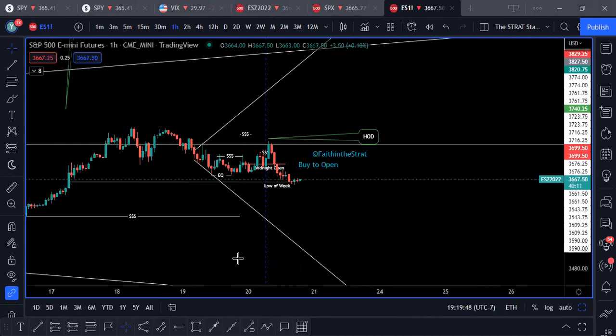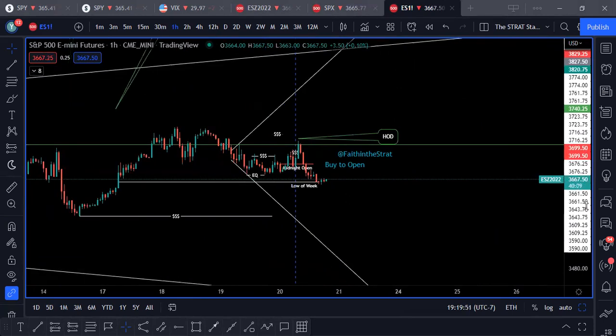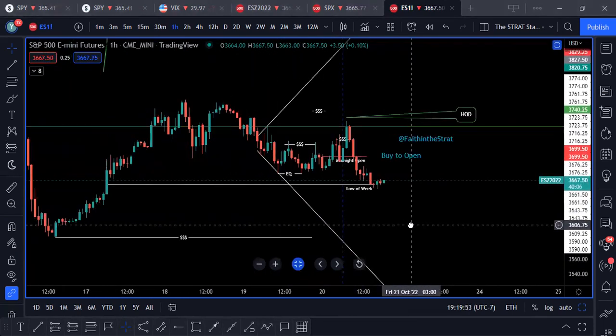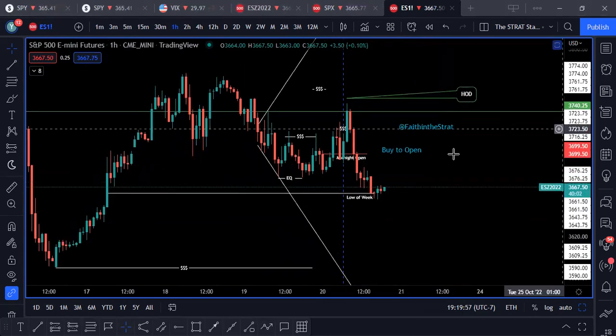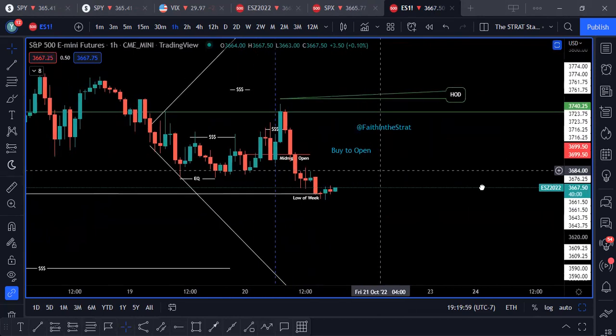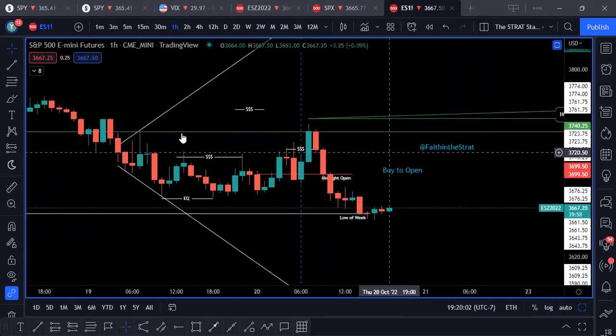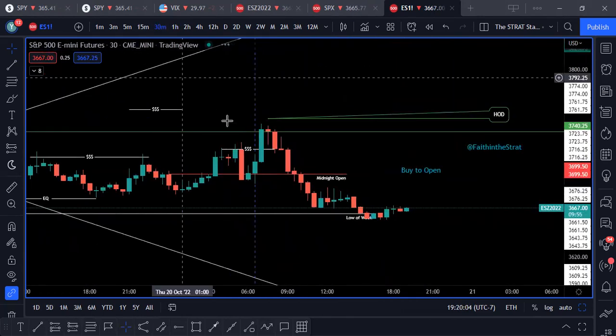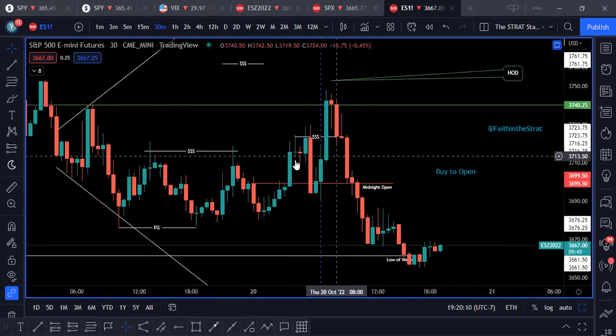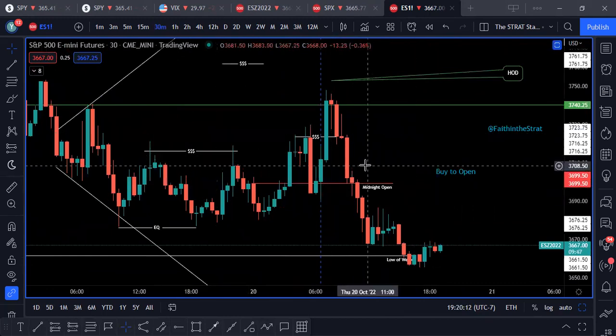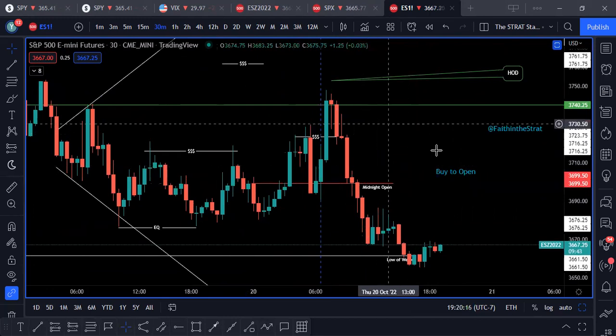Liquidity, perfect, good question. If you don't know what it is, it's technically just another name for money. It's where the money in the market is. Technically, I don't think we can determine it for sure. We could guess it, but we don't see it. Realistically, just think of it as where people are putting their stops. Kind of like with the strat, how we got PMGs or TTOs, we'd be like, they're stopped out.